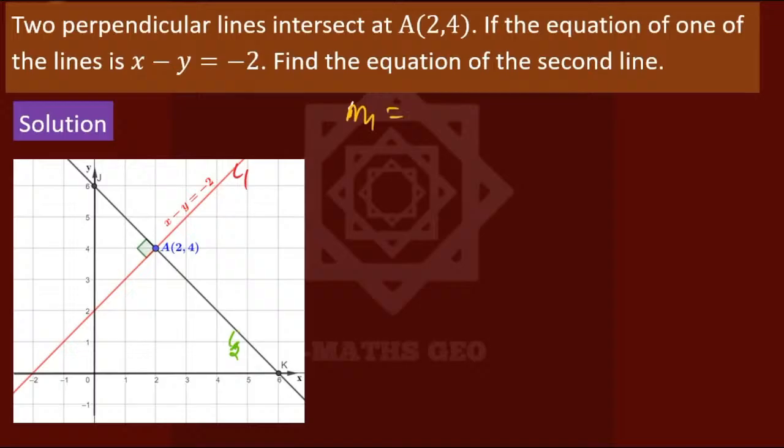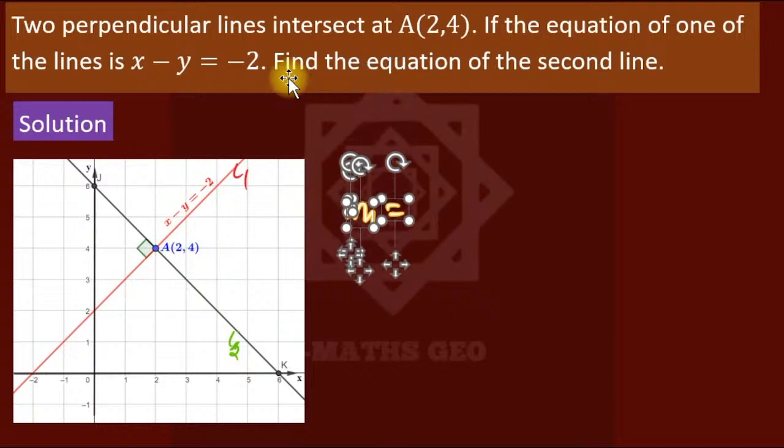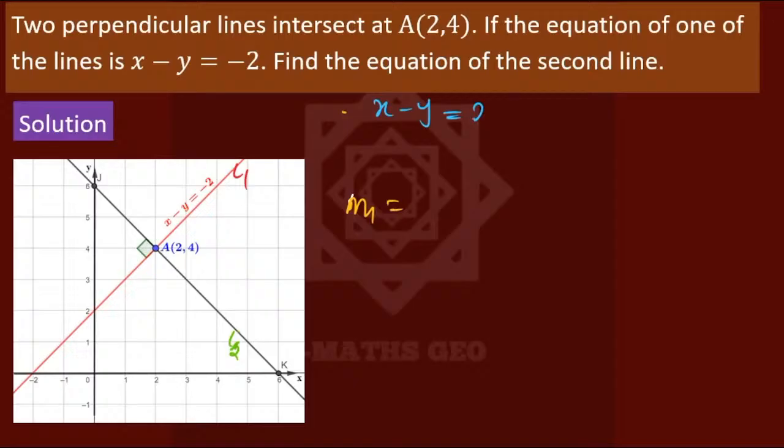The slope M1 is the change in y over the change in x. So let's first make y the subject of the formula. For the first line, x minus y plus minus 2, making y the subject gives y equals x plus 2. Therefore, the slope of the first line